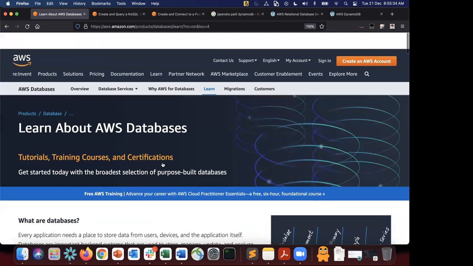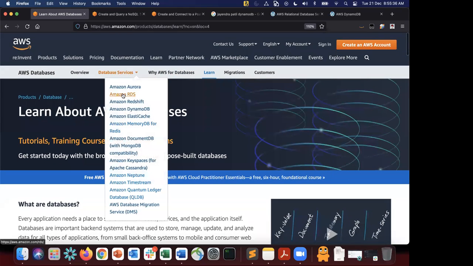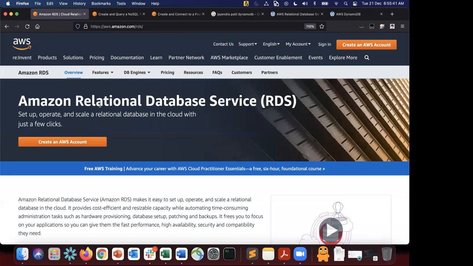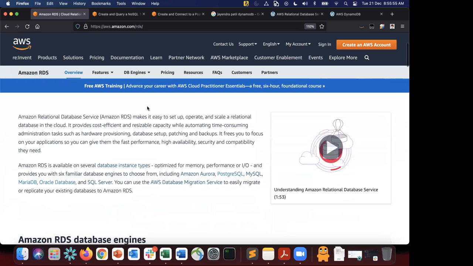And okay, let's look at RDS, right? So first, let's look at RDS. RDS is called Amazon Relational Database Service, right? As the name says, it offers relational database services, which means the traditional relational database services is what it offers, right? So now, the engines that RDS supports are